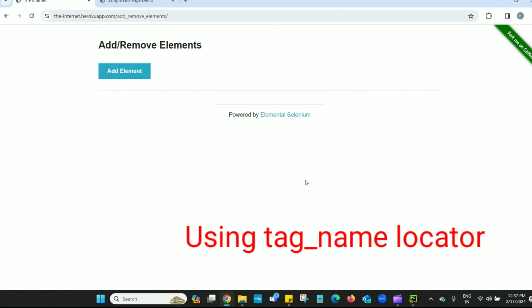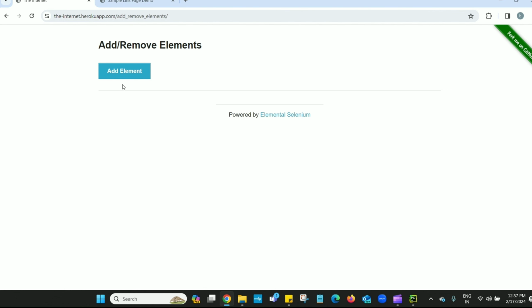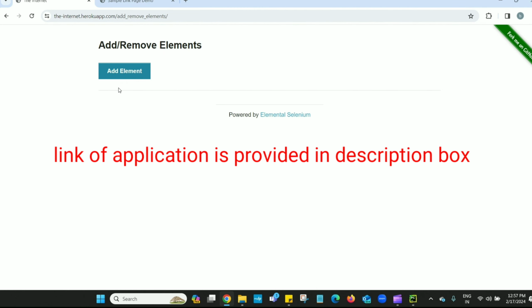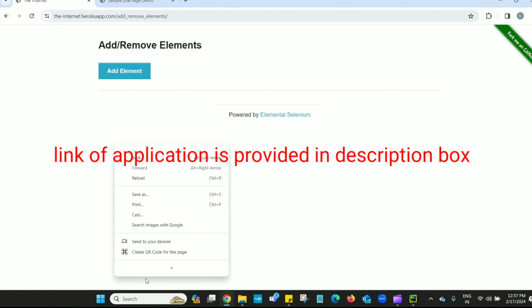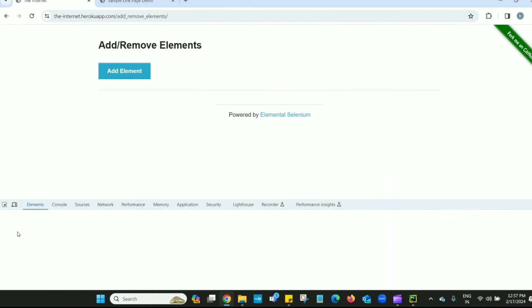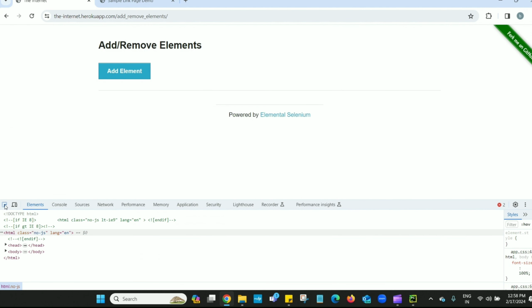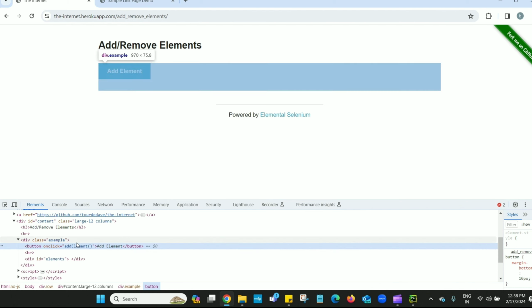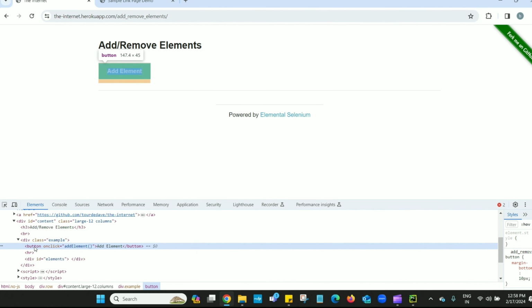Now next we'll see the locator tag name. For the tag name, let's see this application. I want to click on this add element button. I will inspect that element. So this is a button, so button is the tag name. Another locator we will use is tag name, and here the tag name is button.